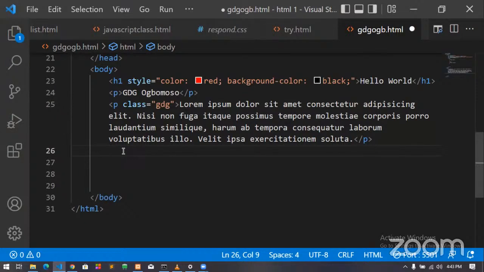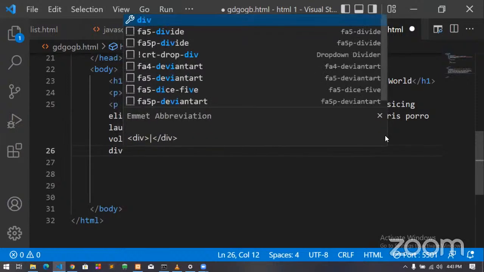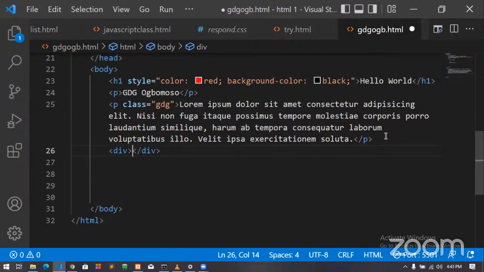Now you're using H1 here, you're using a P tag there, you're using a bold tag here, and you want all of them to carry that same color. You don't have to create classes for each one of them. You can use classes multiple times. There's a very important tag we have in HTML that we'll be using, div, or some people call it div, but I call it div actually.